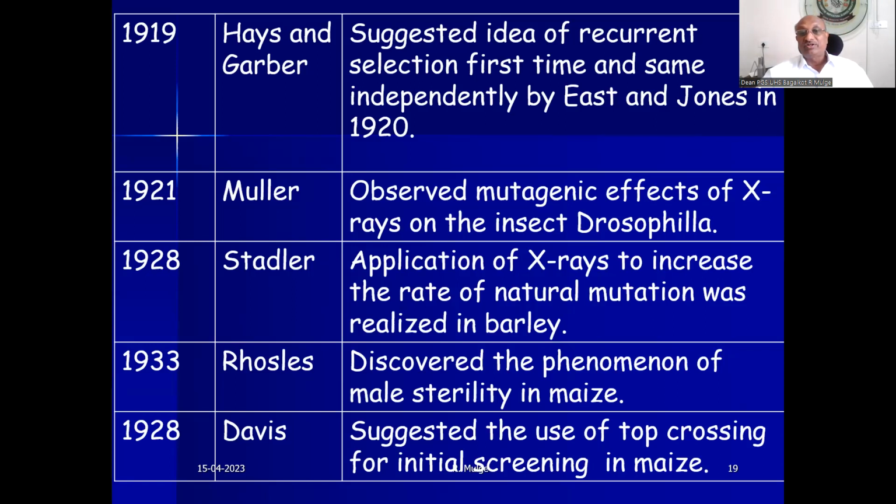Davis suggested the use of top crossing for initial screening in maize. Top crossing, okay. What is that actually? What is the meaning? You're going to learn some of the terminologies. What's that top cross? You're going to use it to know certain concepts like combining ability and all that. So it's very much required for selection of the lines in the crop, especially a cross-pollinated crop like maize. So Davis brought that out, and then